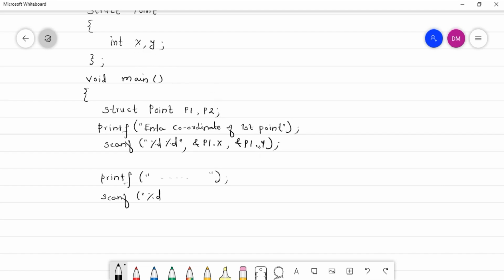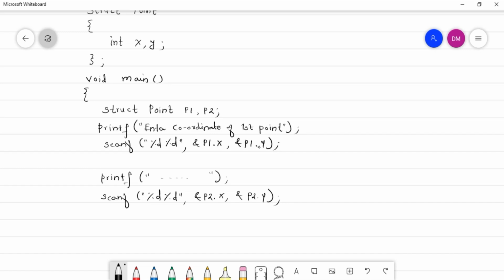So what you have to write here, %d ampersand, this time you will say p2 dot x, ampersand p2 dot y. So we got both the coordinates, or we have inputted it.